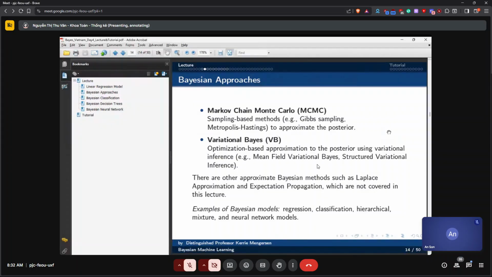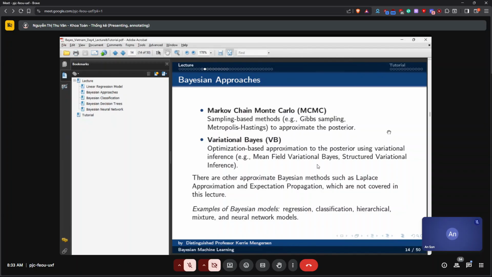Now, variational Bayes is an approach that says we're going to approximate the posterior distribution. And we do that in a very specific way that enables us to get a good estimate of the posterior distribution through this approximation approach. So this is much faster than doing the full MCMC approach.